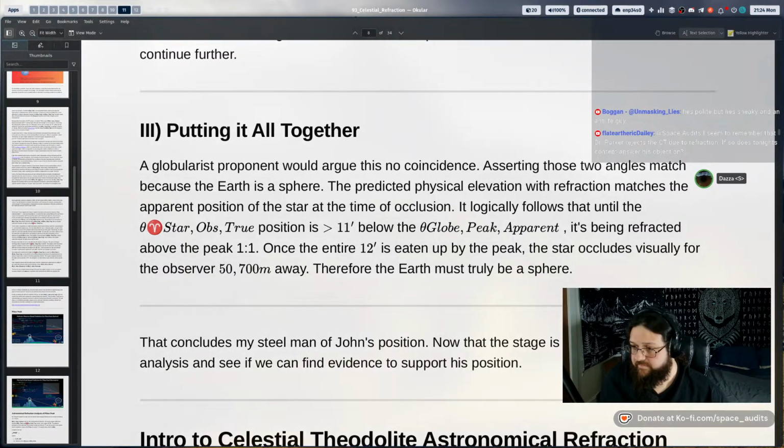So the question is, you draw these triangles. What is the triangle and what is the real position of the star in these geometric diagrams that you're drawing? A tangent to where the star was when it got occluded. Yeah, but where physically is the star if you were to draw this diagram?